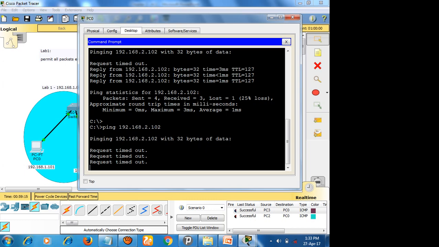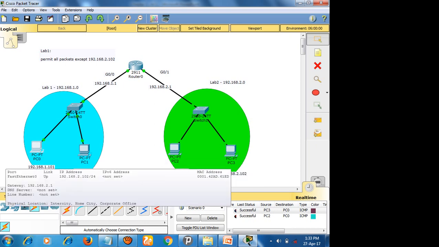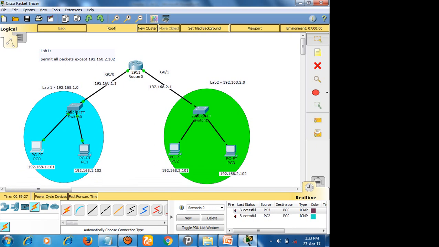The reason is that the packets can go to the 2.102 network, but for each and every packet there should be an acknowledgement, right? If you are sending packets from one device to another device, there should be an acknowledgement.